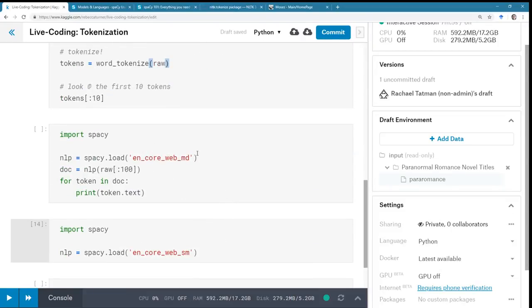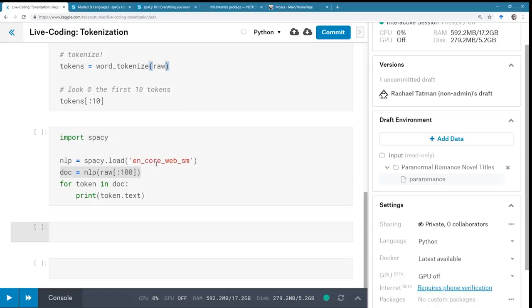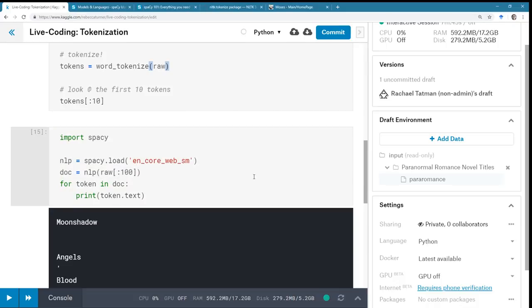So the thing that is giving us the information that we need to create the tokenization is the fact that we're loading in this NLP object that is a language model, and then we are creating a document from the first 100 characters of our little corpus using that language model. And in the creation of the document, we actually do the tokenization. So when you create this document in this line, a lot of stuff just happens behind the scenes very quickly, which is very nice and convenient. And so this should just print us out a bunch of tokens. Yep.